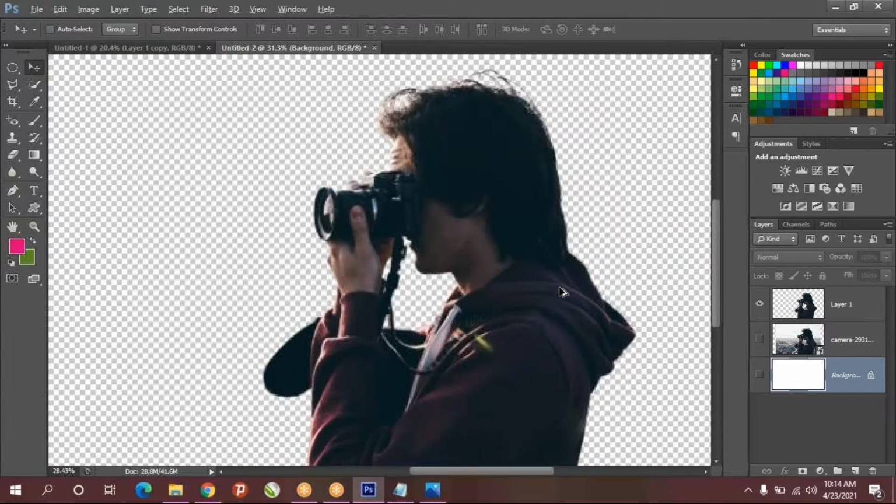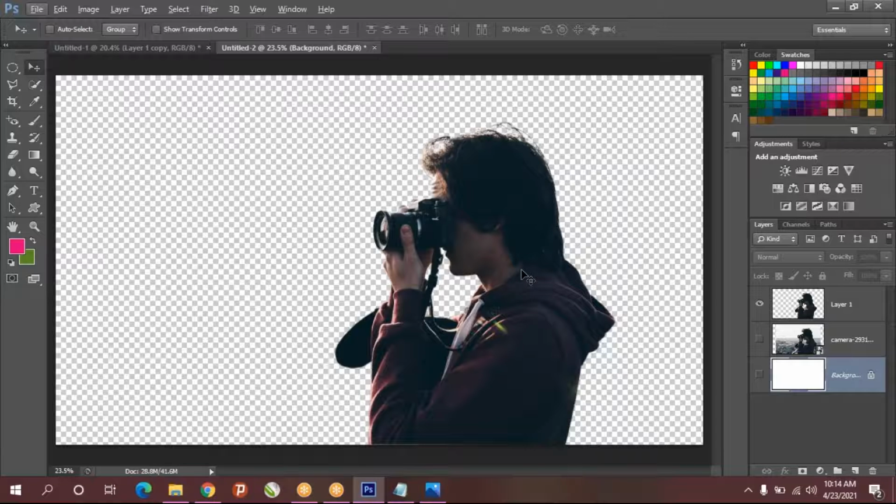Okay, so if you want to save as PNG image, PNG means portable network graphics, which means the transparent backgrounds. So other than the object, nothing will be there in the backgrounds. So for that you have to hide other two layers. Only the duplicate layer you have to keep. That means just enable only that one. Other two layers you hide it. Okay, if you don't want, delete also you can do, but hiding is better.